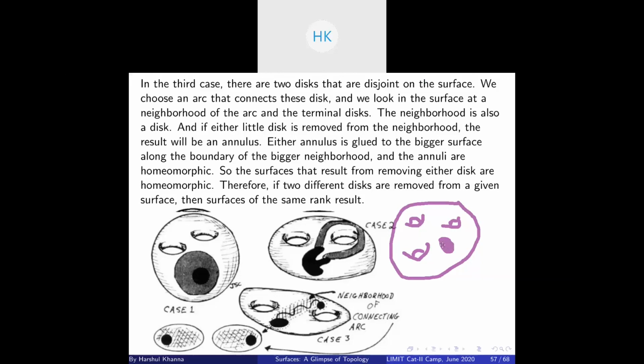So now what I have in my hand is an orientable surface with one boundary circle and, let's say, rank n. After removing this disk, what I have is a surface with one boundary circle and a rank of n. The rank will always be even. You need not care about it right now, but if you have observed before, the rank has to be even. Suppose one boundary circle and a rank k.